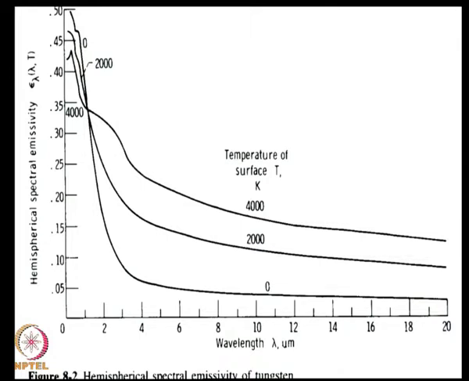Now, to give an example of a real world problem, here is an example of heat transfer between two parallel plates of tungsten. Two plates are there, and you want to know what the heat transfer is. Tungsten is a metal. So, we all know by now that the hemispherical spectral emissivity of tungsten is a function of wavelength, as it is given here. It is high at low wavelength in the visible, around 0.4, 0.5 value, and then it comes down rapidly and goes to around 0.05 at high wavelength.